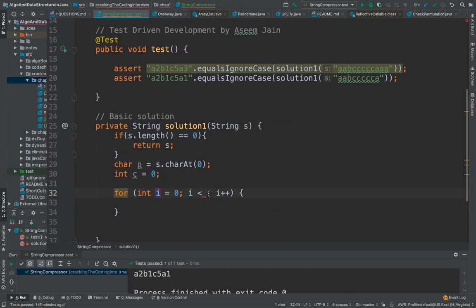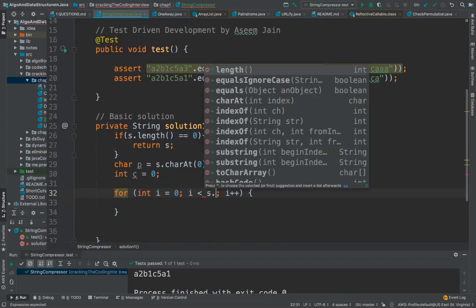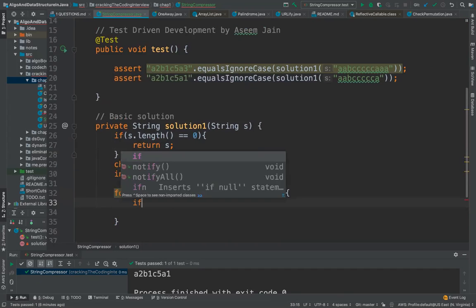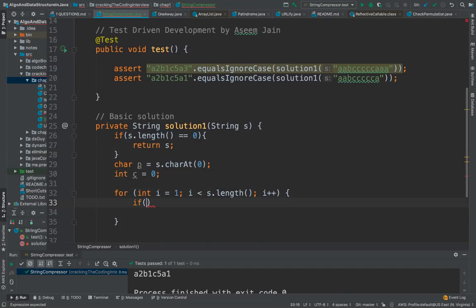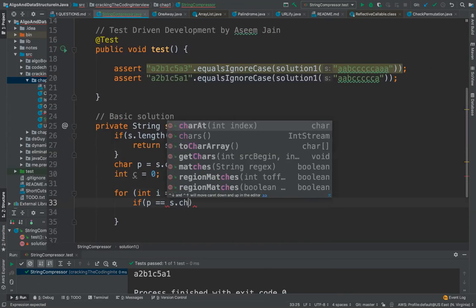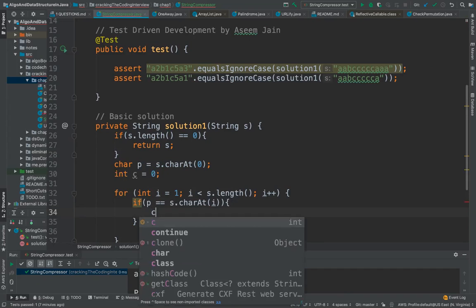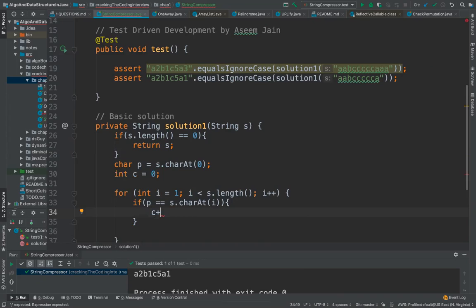Now we'll have our for loop. The for loop would iterate over all the characters in the string. It would start with 1 because we have already taken the 0th character. Here is the deal: if the previous character and the current character in the string at this index are equal, which means it's a recurring character, then you have to increase the count.